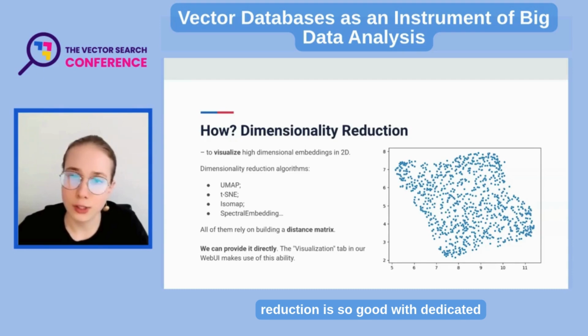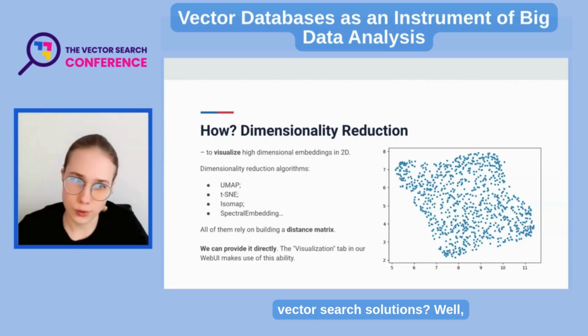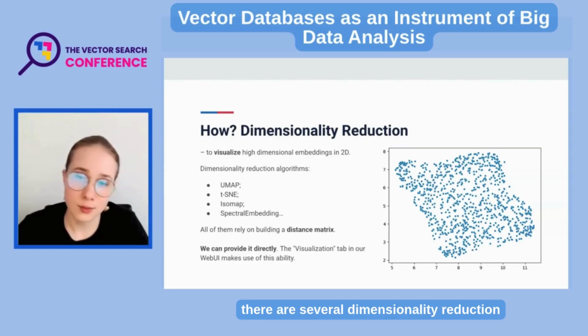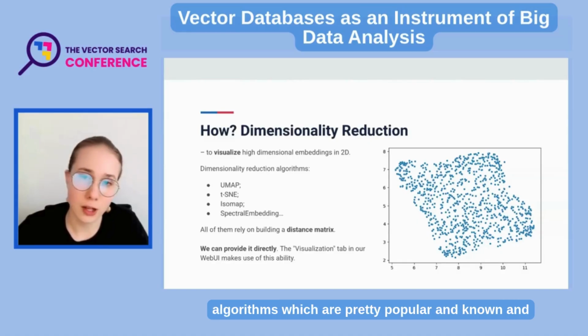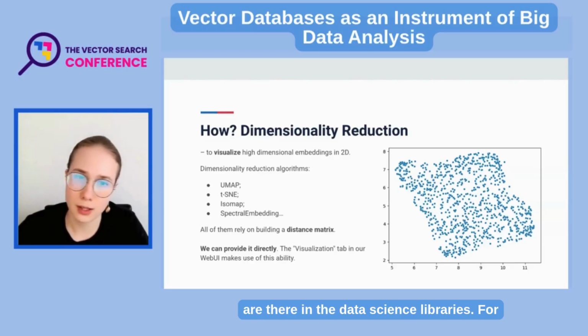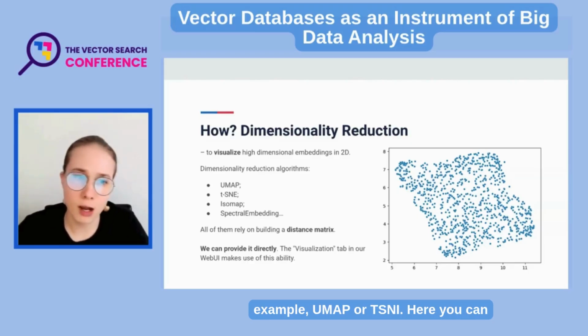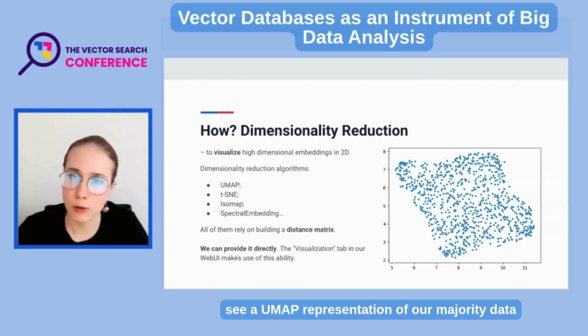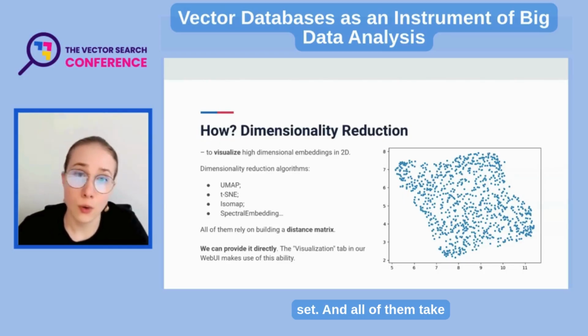Why is dimensionality reduction so good with dedicated vector search solutions? Well, there are several dimensionality reduction algorithms which are pretty popular and known and are there in the data science libraries. For example, UMAP or t-SNE. Here you can see a UMAP representation of our Midjourney dataset. And all of them take a lot of time